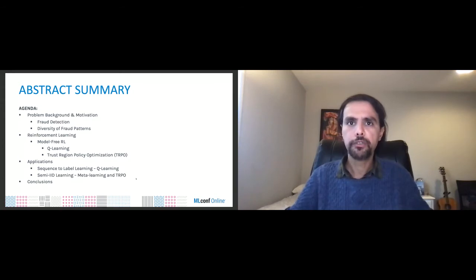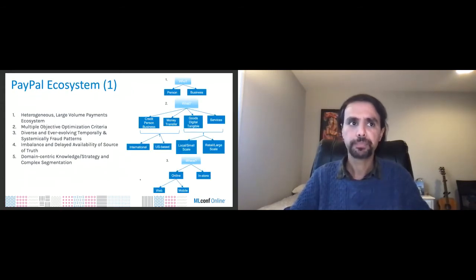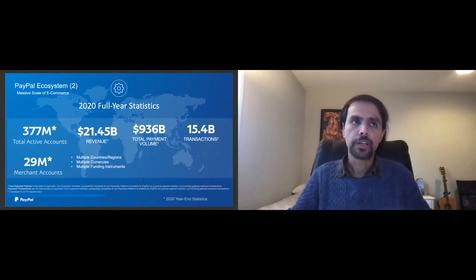To just give you a very quick sense of scale here. There are about 377 million accounts. This is a 2020 statistic, just to give you a sense of the scale that we have. But also broadly, a point to focus here is 15.4 billion transactions. And so we are looking at 30 to 40 million transactions per day. And all of this payment volume actually occurs in multiple countries, in different currencies and different funding instruments as well. So certainly a very complex ecosystem of transactions happening all over.